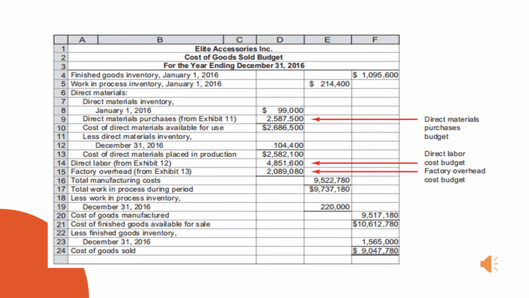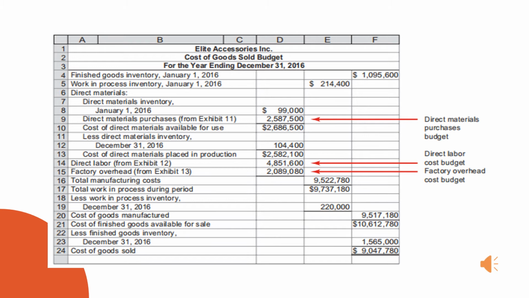So this is what I explained a while ago, that we have to integrate the other budgets in order for us to create a more nuanced or more clear cost of goods sold budget. And then we deduct the direct materials inventory end of $104,400 for us to arrive at the cost of direct materials placed in production of